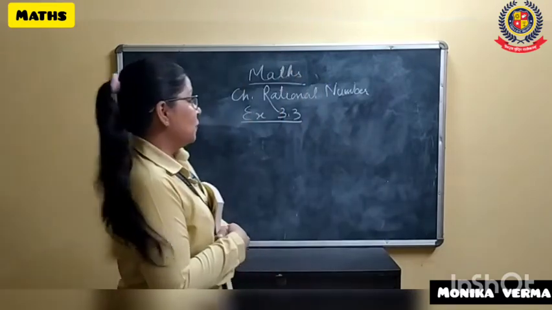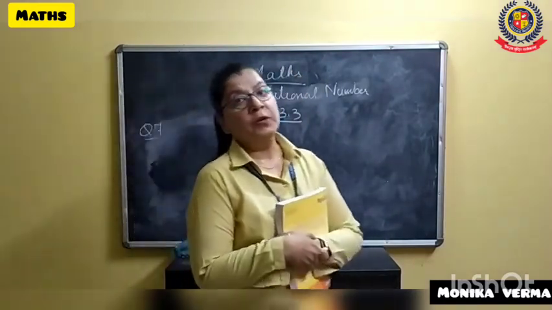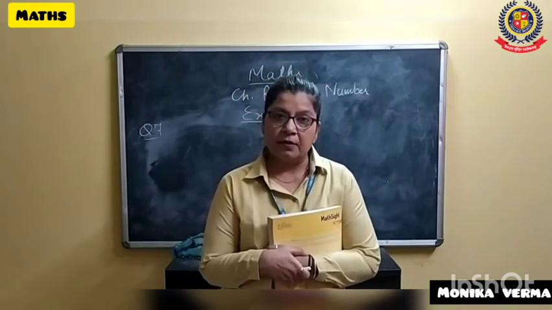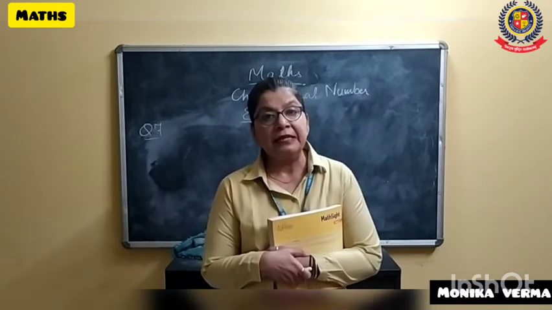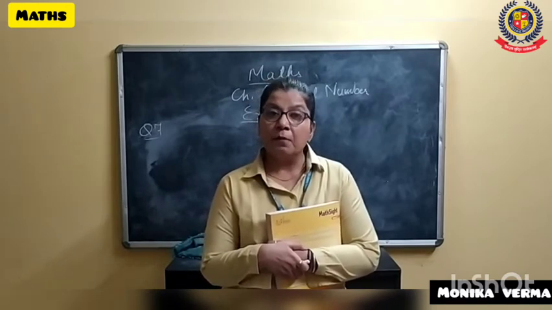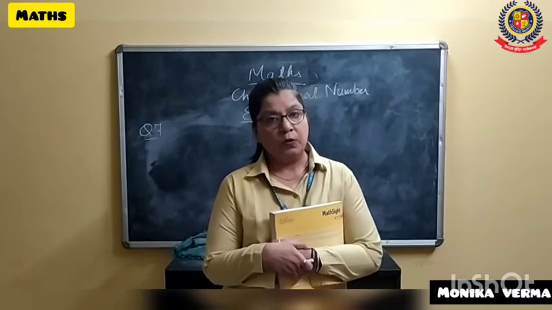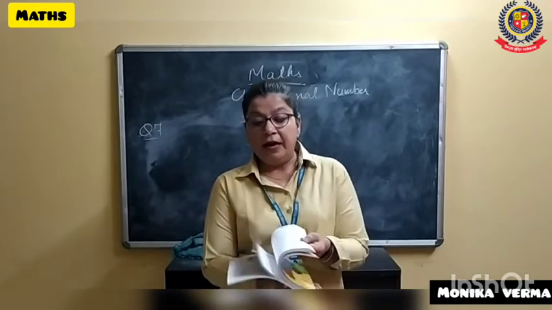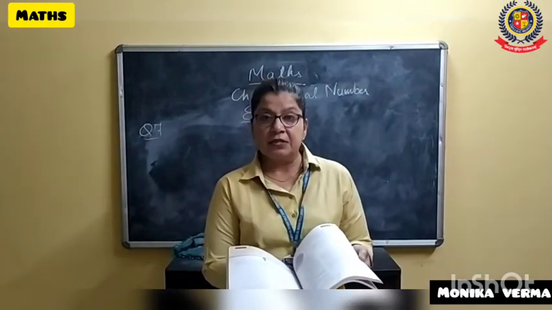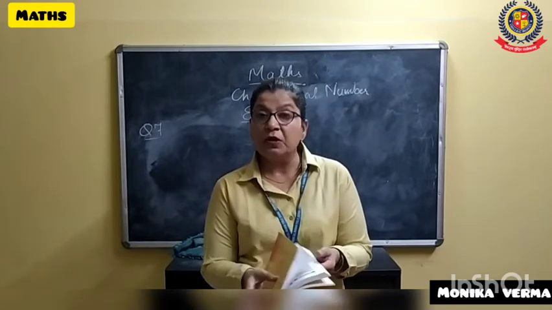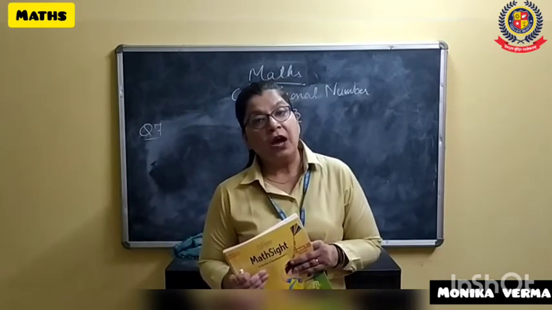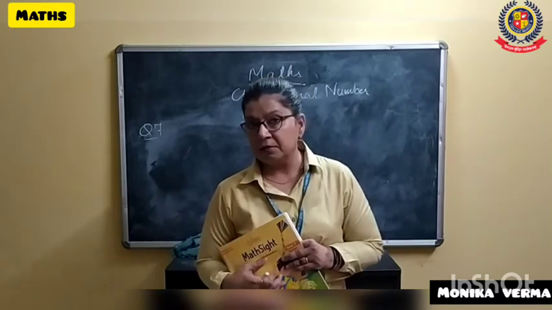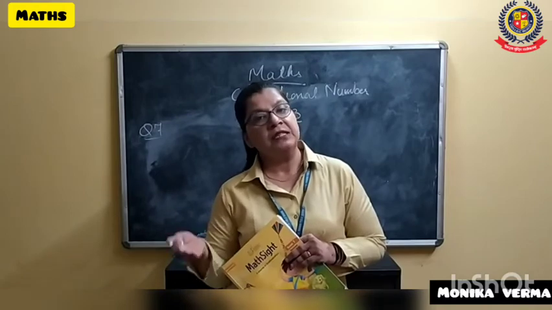Now we were doing chapter rational number and today is the last lecture of this chapter. Today we will finish this chapter. Only few questions are left. We will complete that and after that you have to complete the revision of this chapter. And what is the homework? You have to complete test paper 1. At the end of the book we are having a practice session. In practice session on page number 20 we are having test paper number 1. You have to complete that. And all the questions of 3.3 I am completing in classwork. You will do classwork as well as homework.